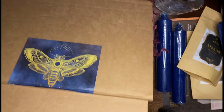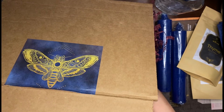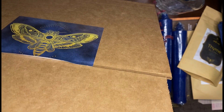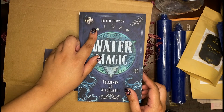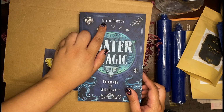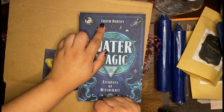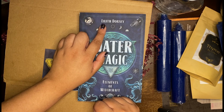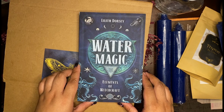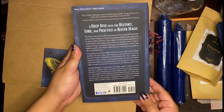Looks like there's going to be a book. Alright. It's a book called Water Magic by Lilith Dorsey, who actually has done a few books on voodoo and hoodoo that I do want to read. I think I have one of her books already that I want to read and review. It's Water Magic, Elements of Witchcraft. So this one is probably just about...